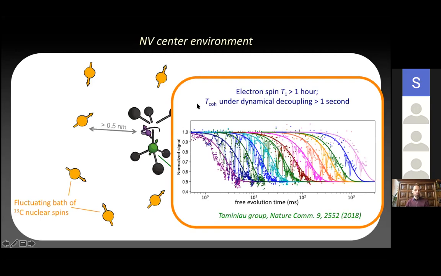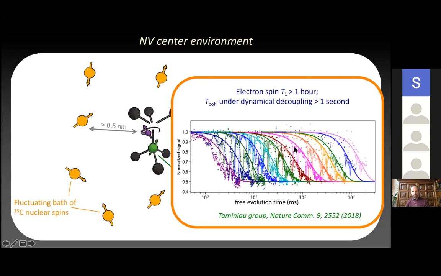And the dephasing time: if we make a superposition state and let it evolve, we can actually protect the superposition times using a technique called dynamical decoupling. In this case, what you do is apply refocusing pulses at regular intervals that basically decouple the spin from the fluctuating fields from above.